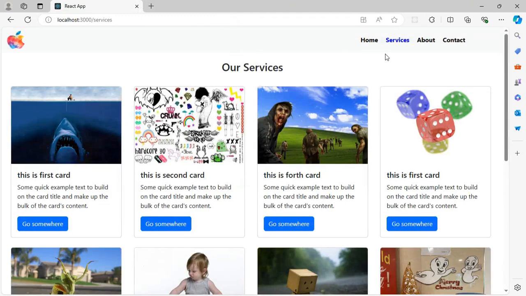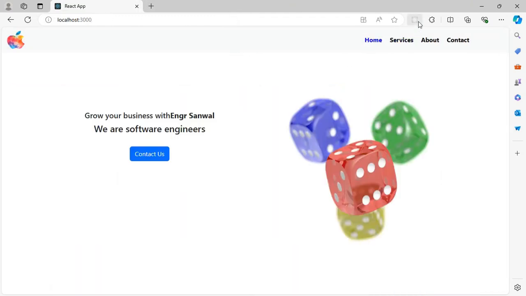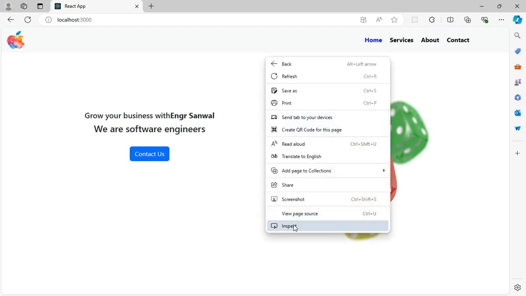So after that you would be able to install and use React Developers tool. And now you can see that here is an option. React Developers tool has access to this site because we have allowed it now. So let me tell you basically why we need React Developers tool